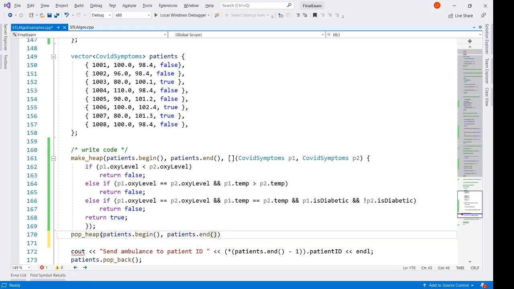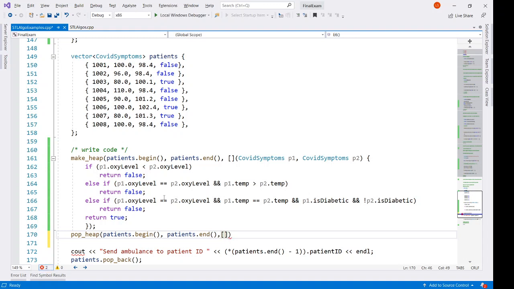And then it moves the top of the heap to the end of the vector so that it can be extracted out, right? But it also needs a predicate, because pop heap not only moves the top element, or the first element of the heap, to the end of the vector, it also keeps the rest of the vector in heap condition, right? So if the top element is moved, some node has to take its position. So how do you again heapify the nodes? For that it also needs a predicate.